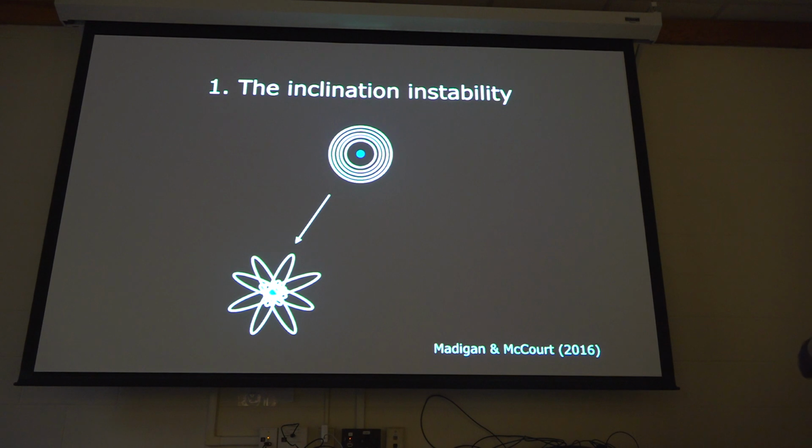Okay, so that was the whole talk on dynamics. Now we're done. Now you understand everything. So we'll just go through these two setups. The first is where we're taking something that looks like the inner solar system. Not that many planets, eight-ish planets on roughly circular, roughly coplanar orbits, and we're bumping up the eccentricities and leaving them kind of randomly distributed, so you have an axisymmetric disk. And I'm going to show you that this is extremely unstable. This is why we called it the inclination instability. The reason we called it inclination instability will become obvious in a moment.